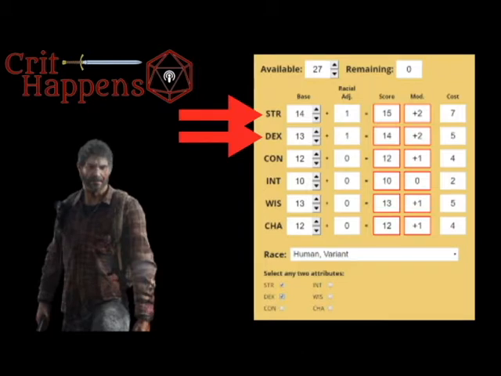Now, for the human variant, I get to add +1 to 2 stats of my choosing, and for this I'm taking strength and dexterity, increasing them to 15 and 14 respectively, and that's going to increase the dexterity modifier to +2. I also get to choose a feat, and for this one I'm taking athlete, which will allow me to increase Joel's strength score by +1 again to 16,